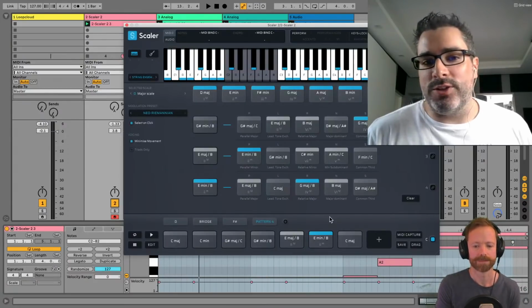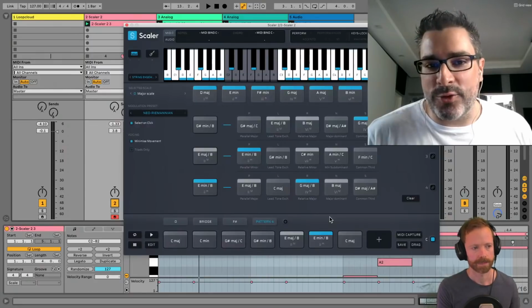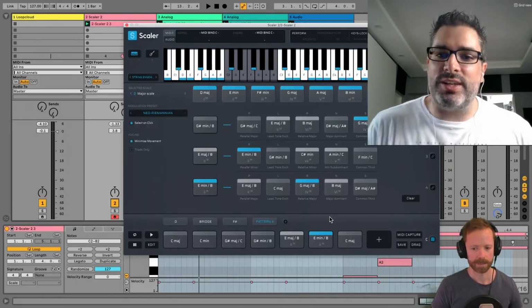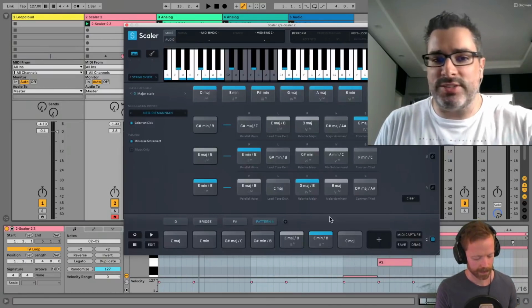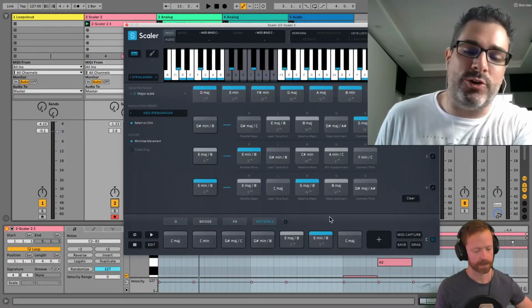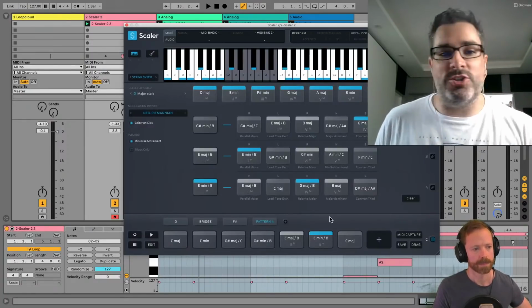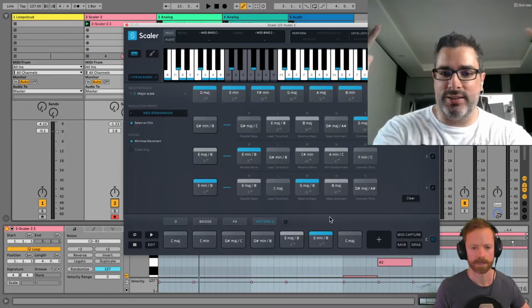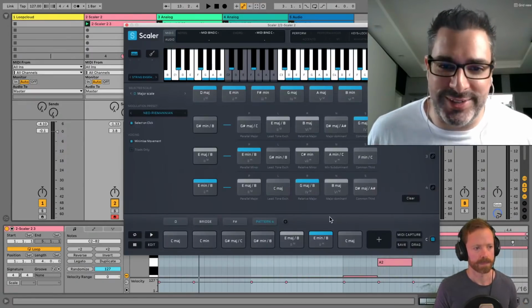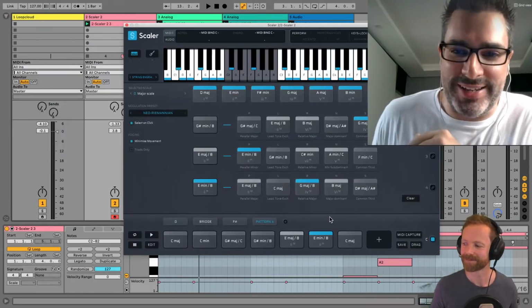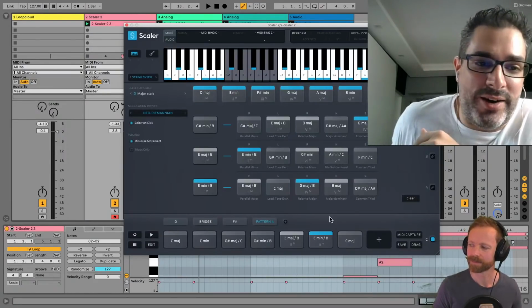Yeah. You start with triads, and then you add another one, you've got your seventh, and then you add another one in your ninth, and you're getting really lush, and it's almost like it's maturing like a person does. And then once you're moving from one scale to another for your chorus, you're maturing again. And then once you're just taking Neo-Riemannian and making a sound bed for a film, it's like you've done it. You're an adult now, and Scalar has helped you achieve that. So yeah, I'm really excited about it.